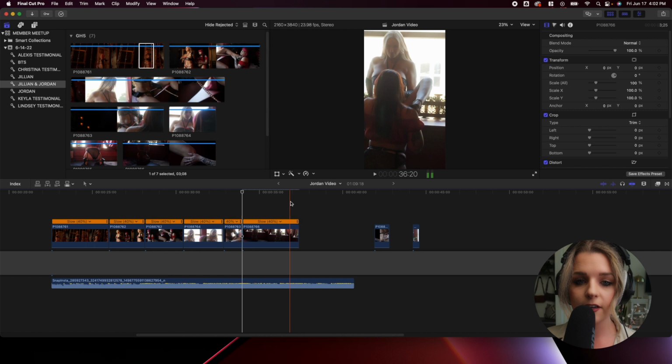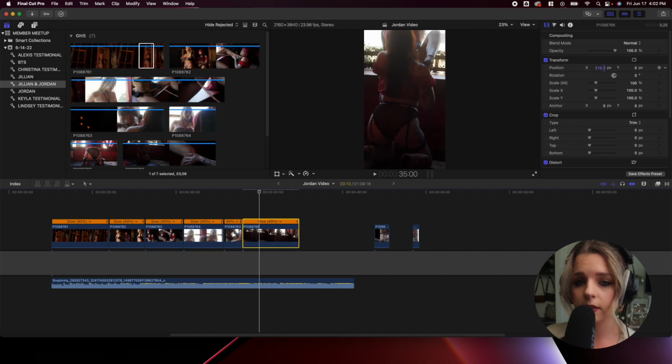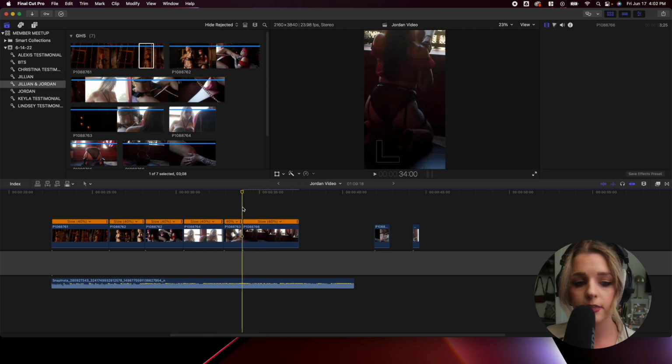So as you can see here, they're off a little bit to the left-hand side, which is not the best composition. So I'm gonna make sure that they're both in the middle by pressing the clip, going over to the transform section yet again, and I am going to position this a little bit more to the right so that they are in the middle here. So let's go ahead and see what that looks like.